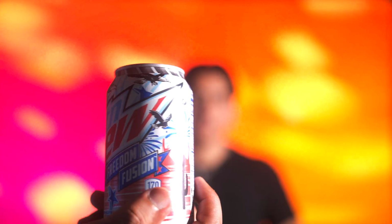Oh, that looks cool. Anyways, let's take a look at this year's Labor Day sale. There you go. Freedom Fusion. Labor Day 2024 is bringing a variety of sales across multiple categories, including tech, home appliances, fashion, and outdoor gear. Amazon is offering discounts on a range of devices, including smart speakers, tablets, and more. Best Buy has up to 50% off on select appliances, with an additional promotion offering a $500 gift card on